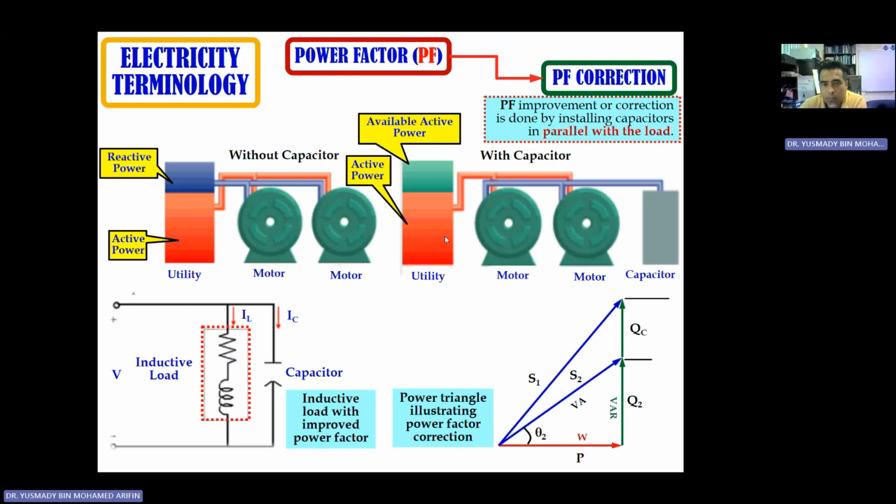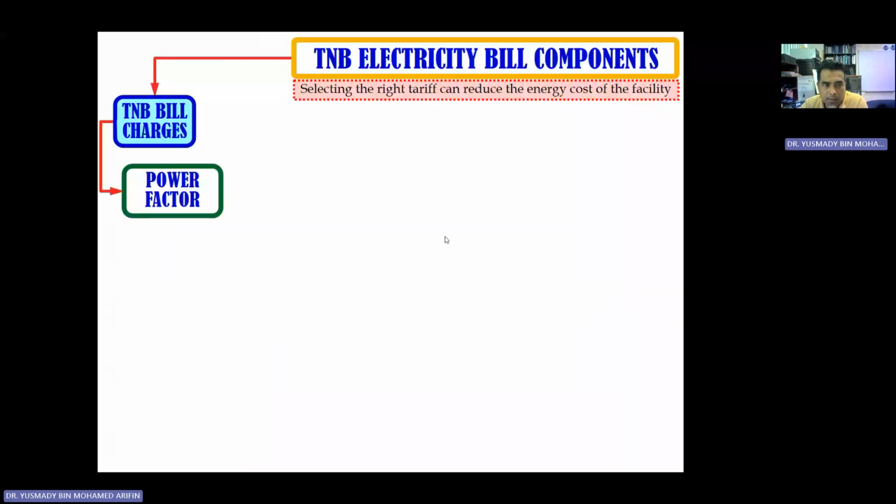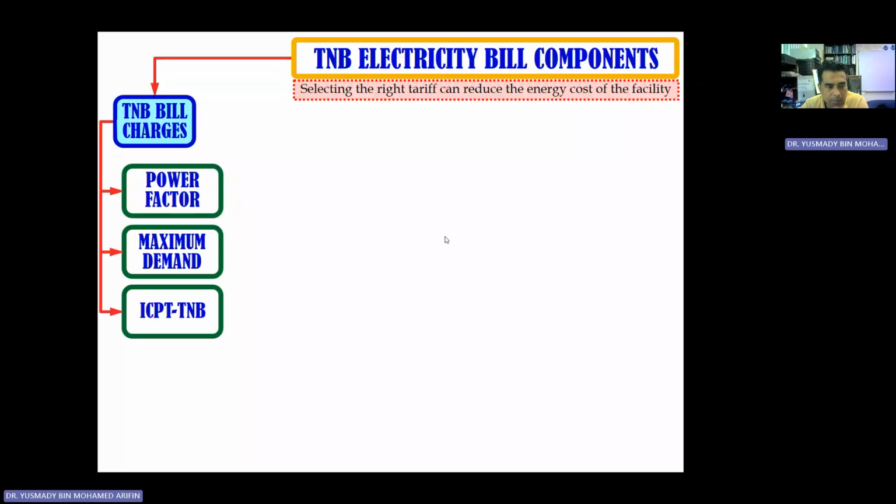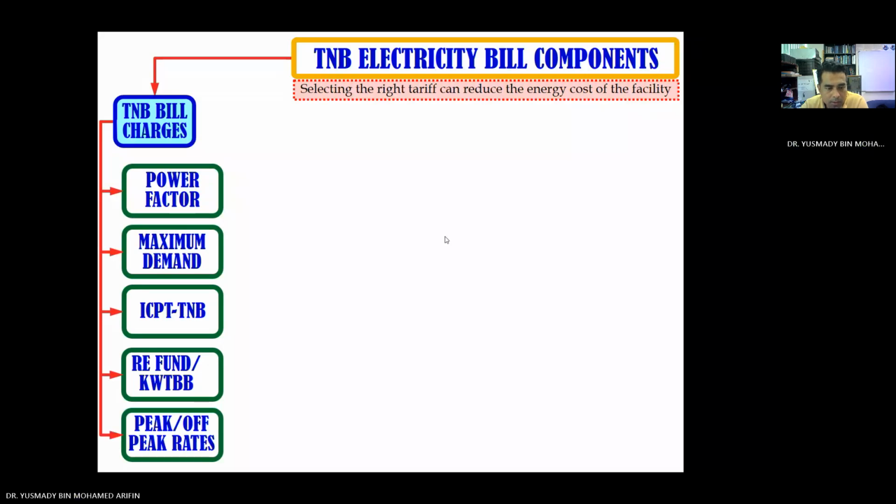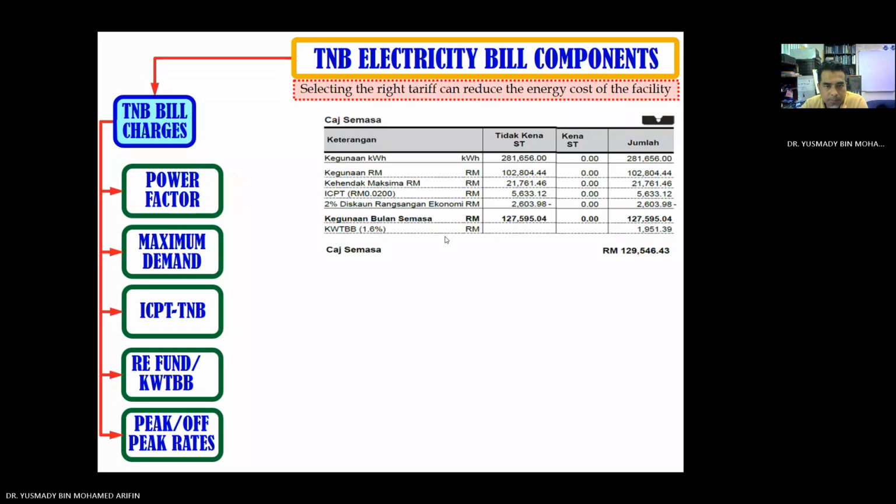Okay, now it's about the TNB electricity bill components. Selecting the right tariff can reduce the energy cost of the facility. The TNB bill charges are actually affected by the power factor value, the maximum demand, ICPT that is implemented by TNB, Renewable Energy Fund or KWTBV, and peak or off-peak rates. So if you look at this example of an electricity bill,